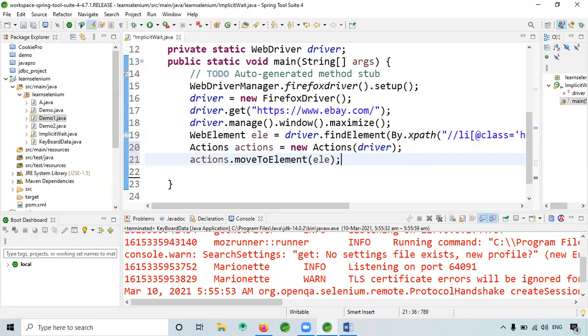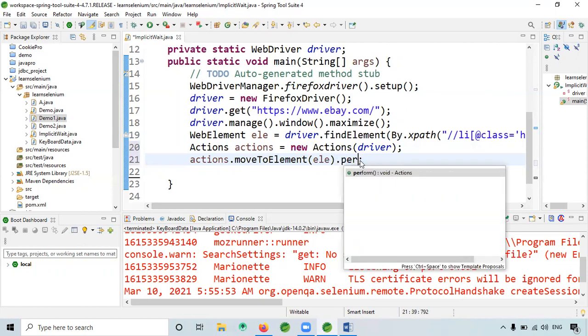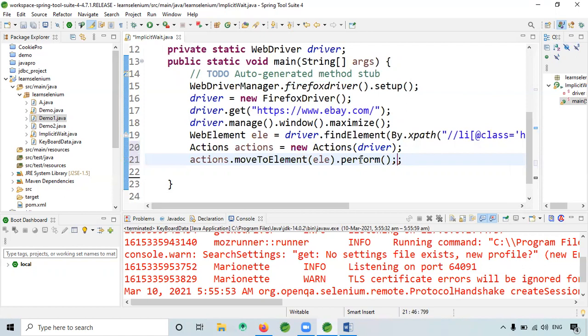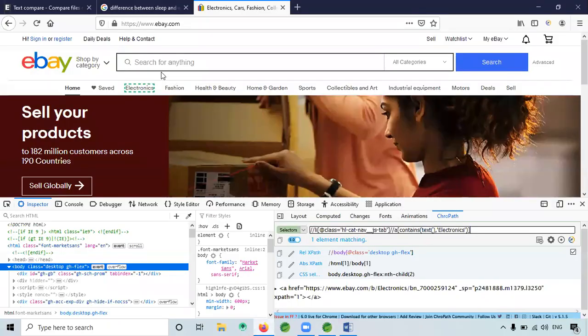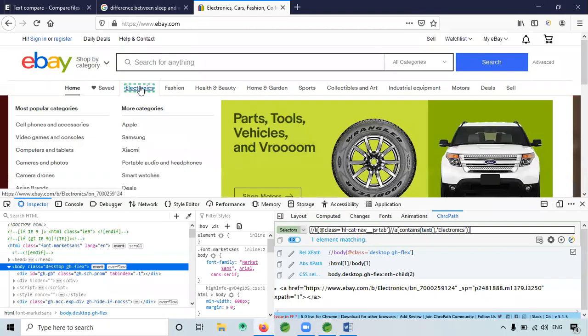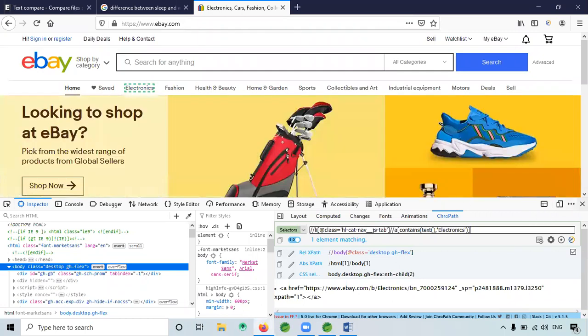Dot perform. See, when I run this, what will it do? It will go and stop here with the mouse, right? So that is what the code is about.